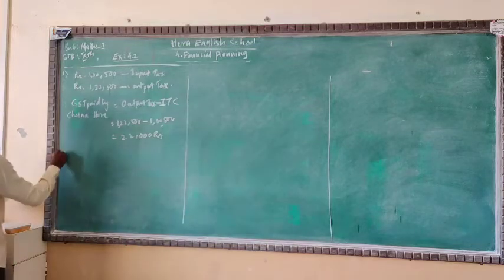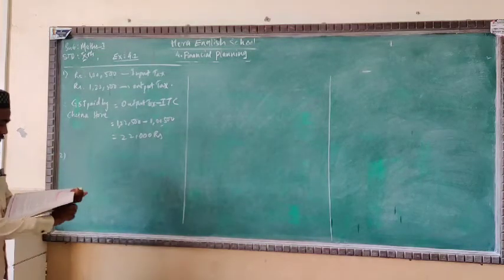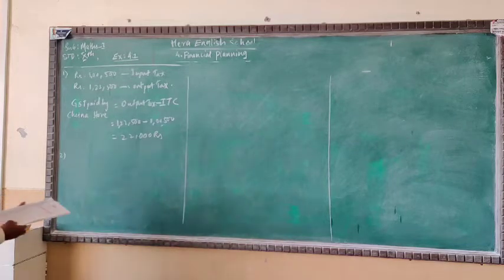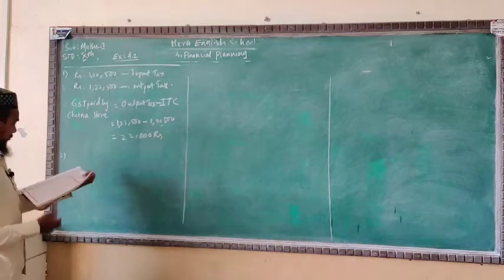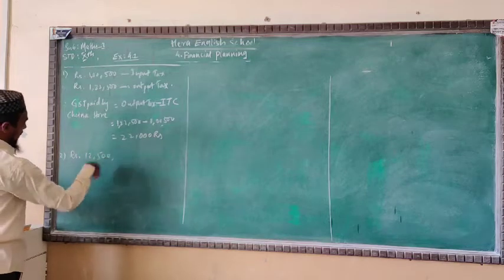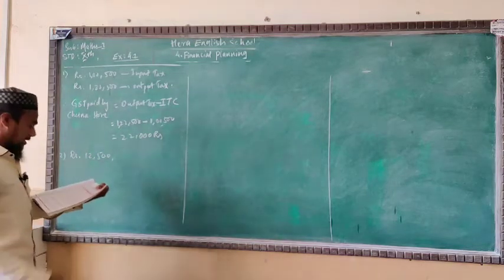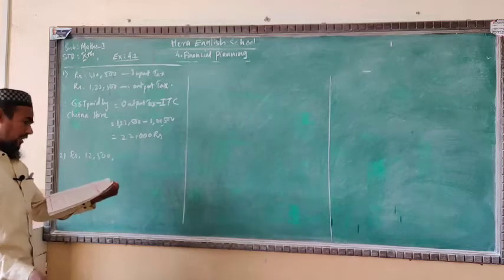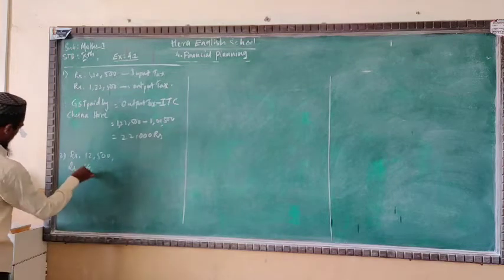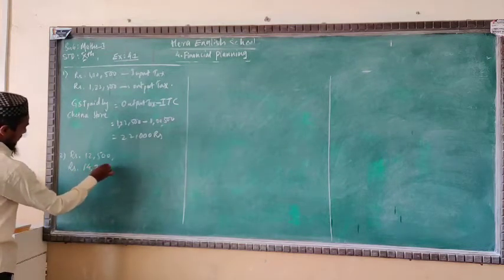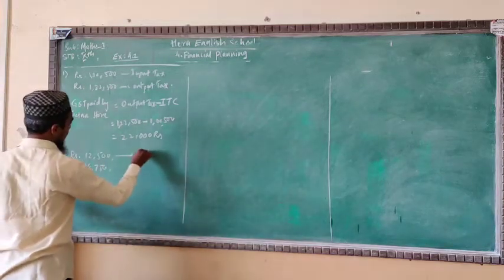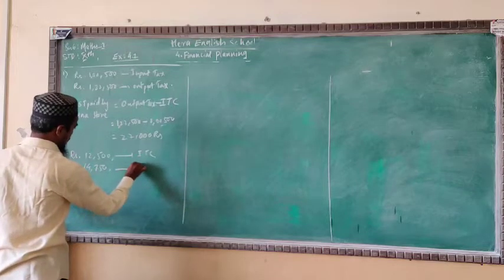Okay, now second one, question number 2. Nazma is a proprietor of a firm registered under GST and she purchased a product for rupees 12,500 and paid GST, collected on sale, and sold the goods and collected the amount with GST, 14,750. Now what is the amount of ITC? See, it is the input tax credit. It is called the ITC, and this is your output tax.